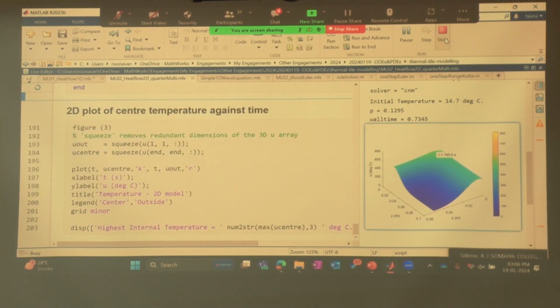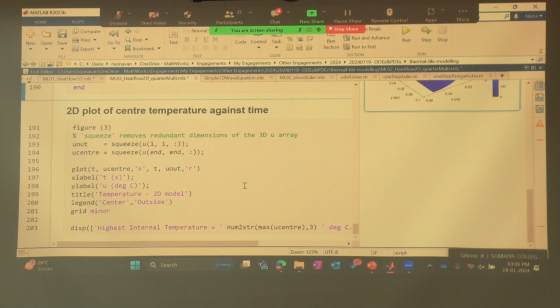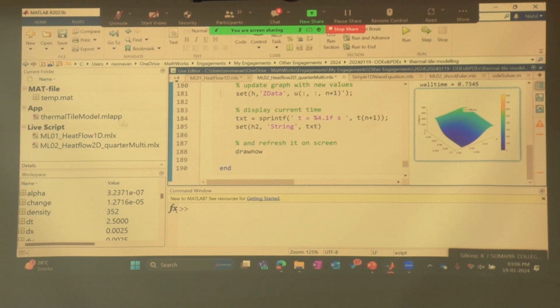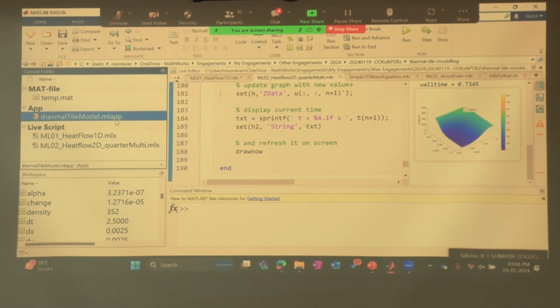So I'll just stop this because it will take some time. There is also one more way to do the same things. I started off with an app that was actually created by someone, but you can also create apps in MATLAB. So the same example, if we try to see,